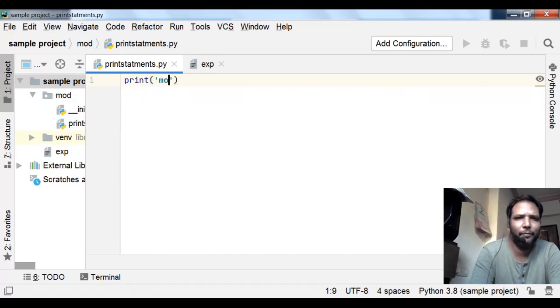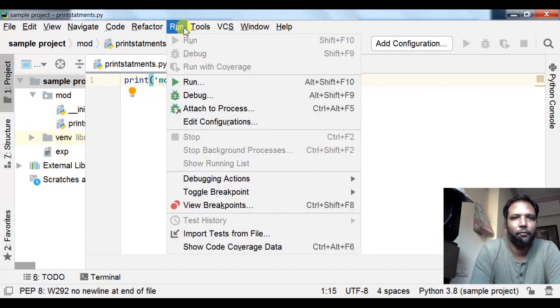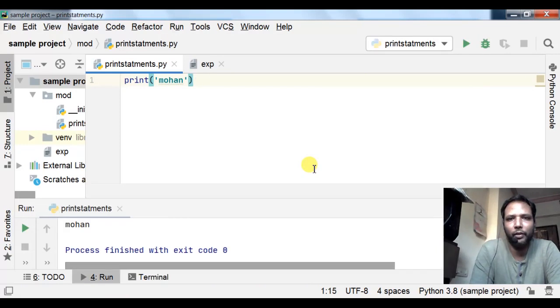Here I am mentioning a string value and running it. I have not configured it, but it configures automatically. See here, Mohan is printed. This is how the output method is used.